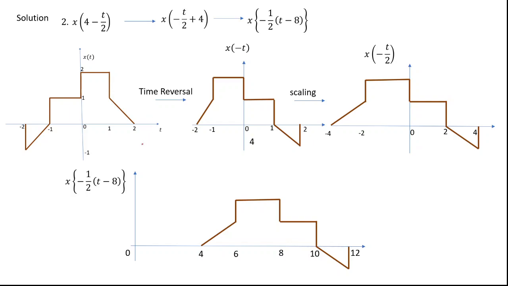One thing is for sure, that we can proceed in either way. Either you start from scaling, then shifting, and then go to time reversal, or any other way, you will always get the same answer. So in this case, let us start from the time reversal to get the mirror image of x(t). Then we do the scaling, 1 by 2 scaling. Now here the scaling factor is 1 by 2, 0.5, which is less than 1. So when the scaling factor is less than 1, the signal should expand horizontally.